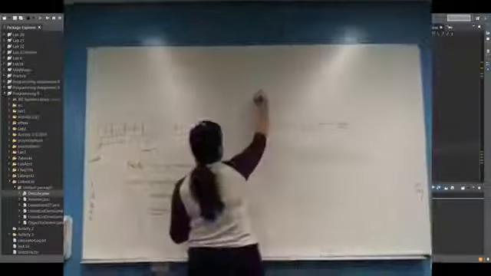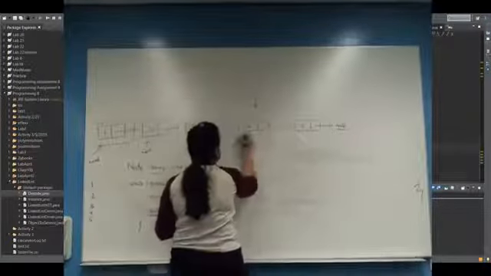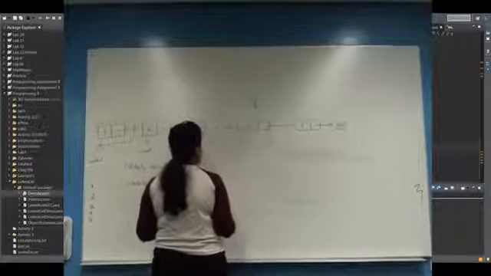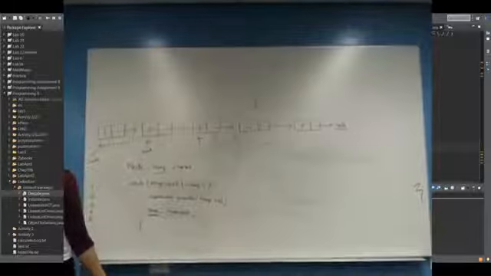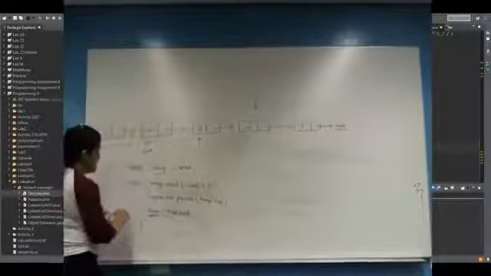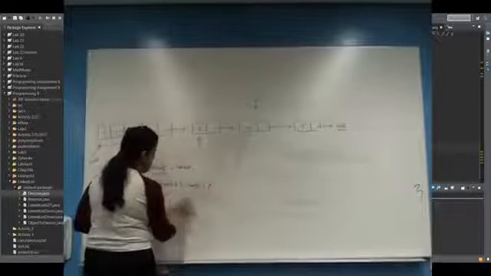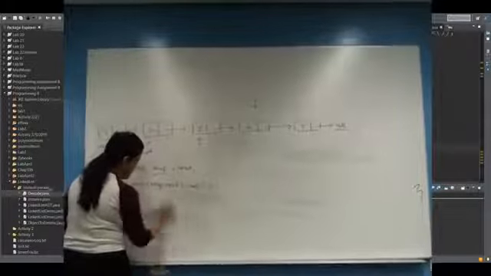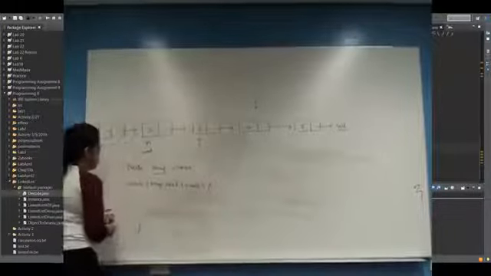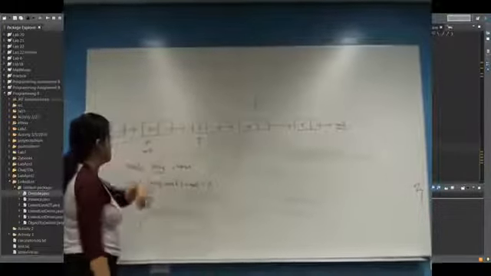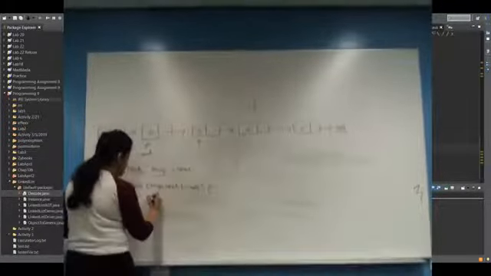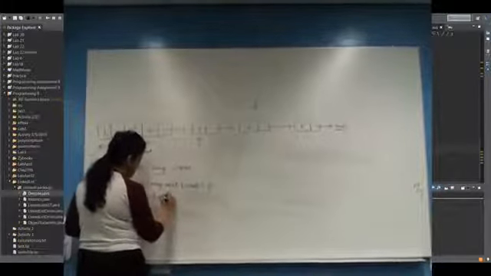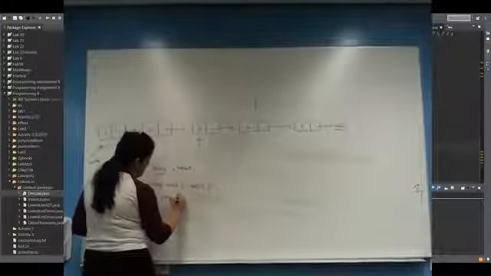So let's say I want to delete this specific person whose value is 4. So I start traversing, and just saying while temp.next is not equal to null, I'm seeing if my